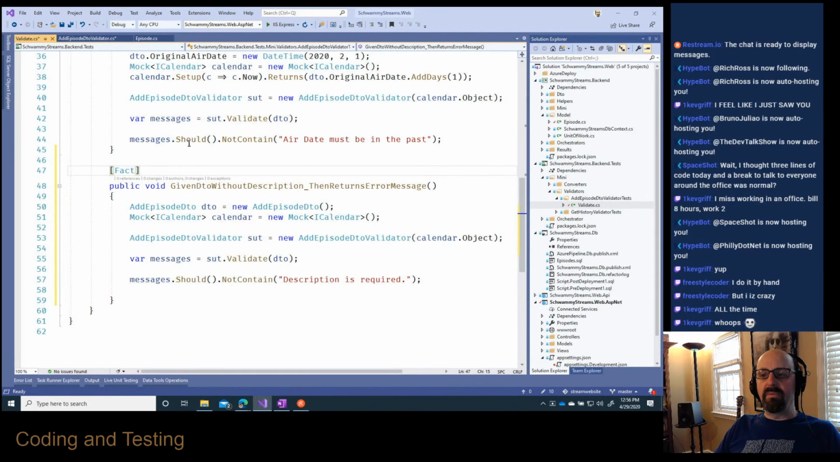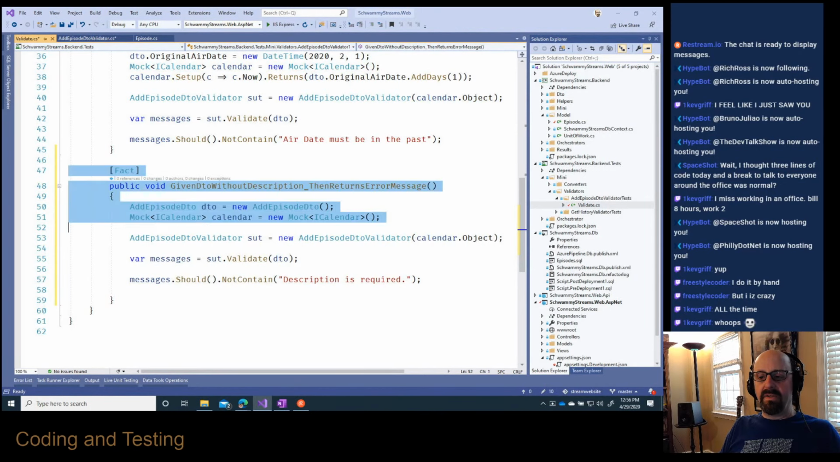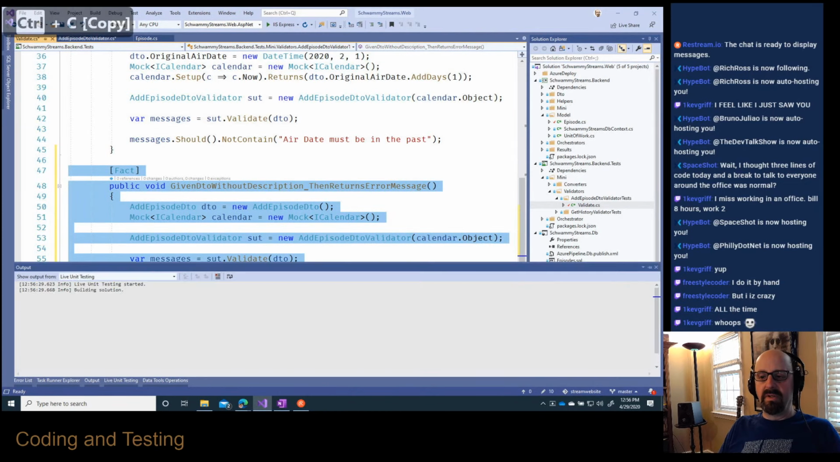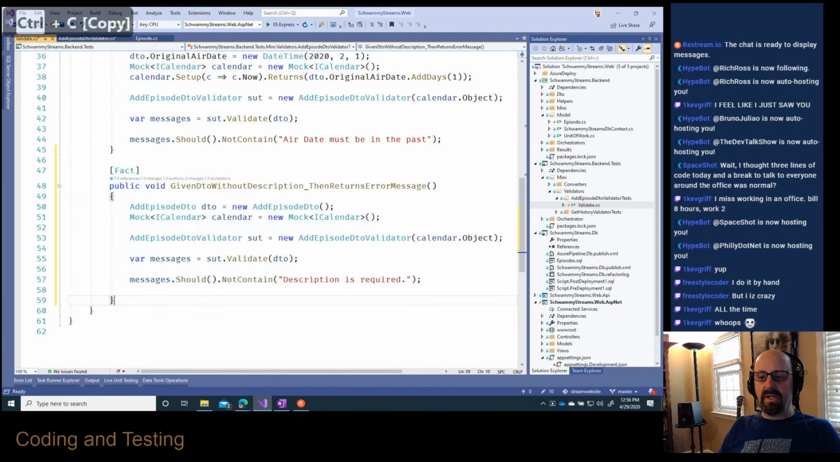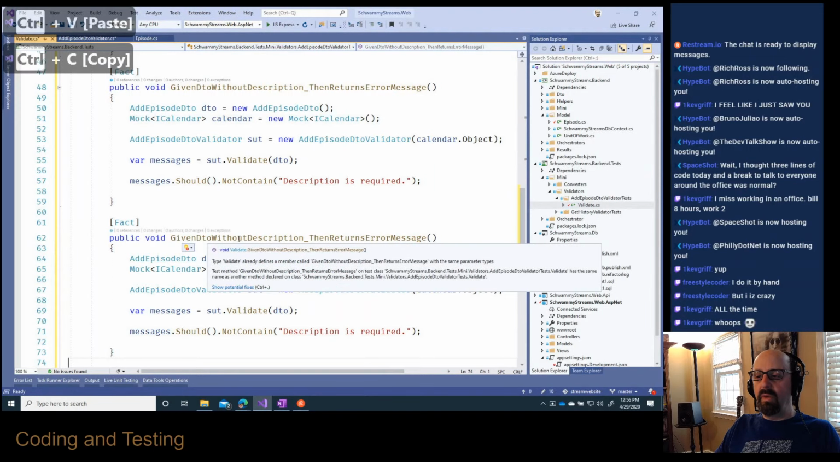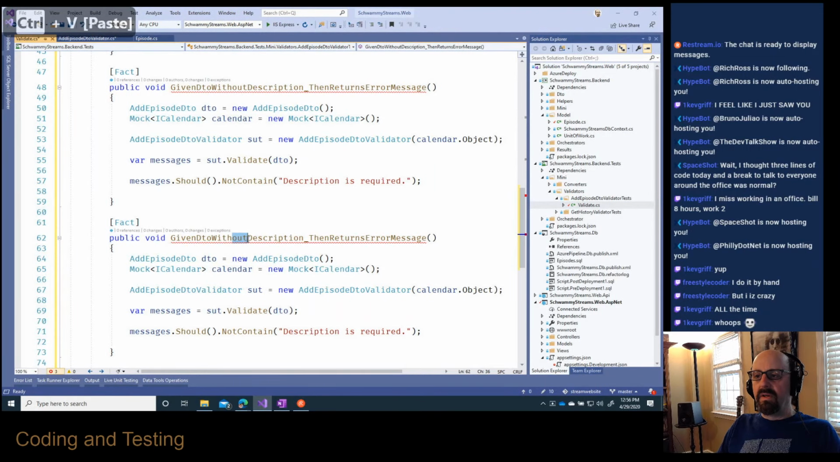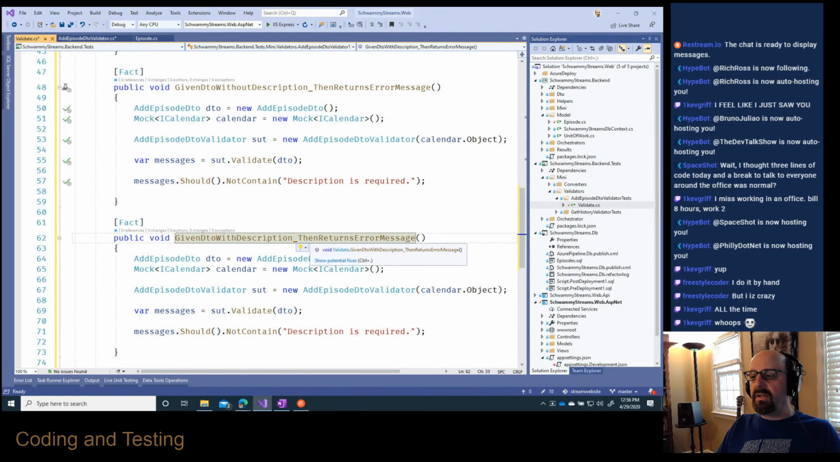While it's doing that, I'm going to create another test, which is going to be quite similar. And I'm going to say, given a DTO with a description, then no message, I don't know how to word these things, is returned. Okay, and if I do that,